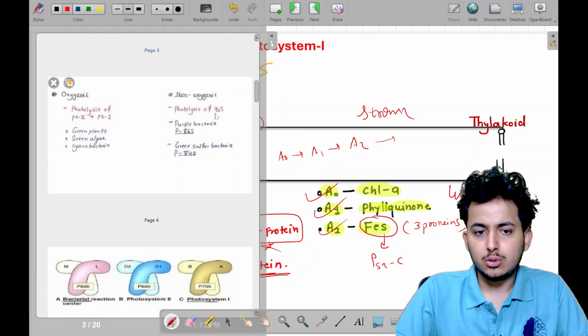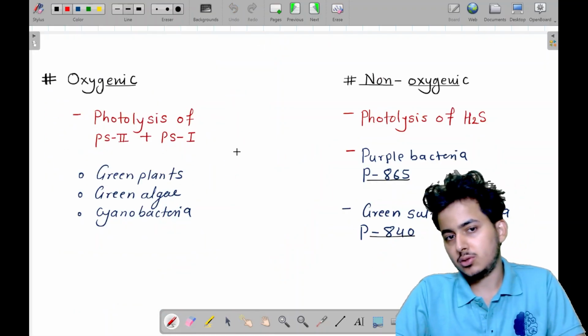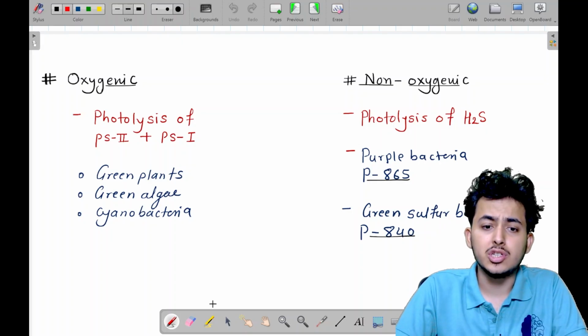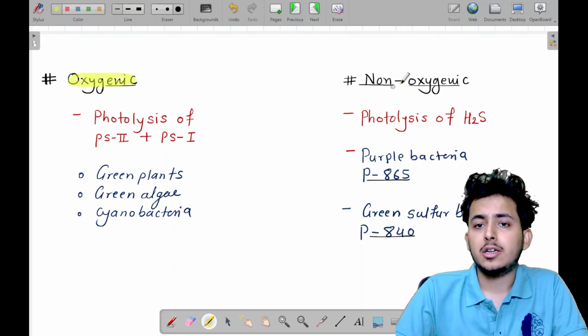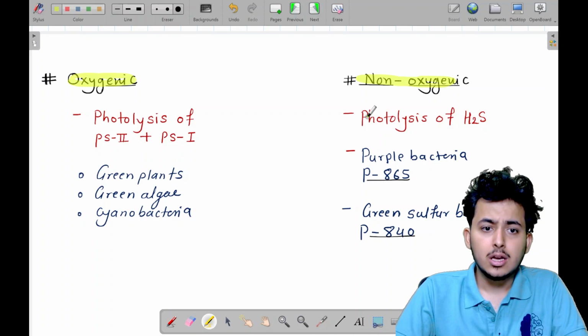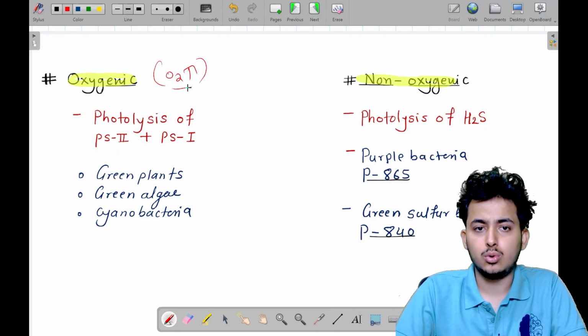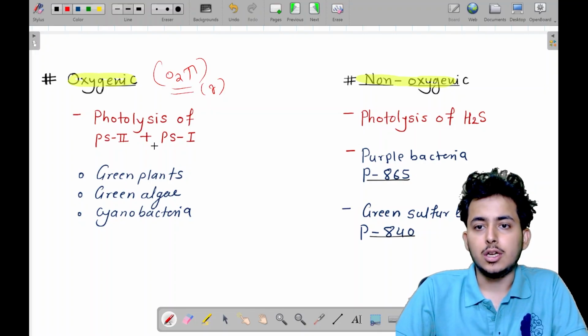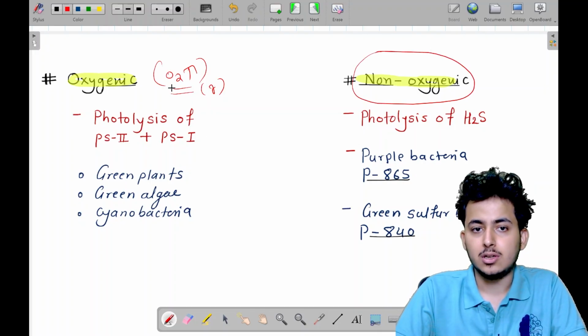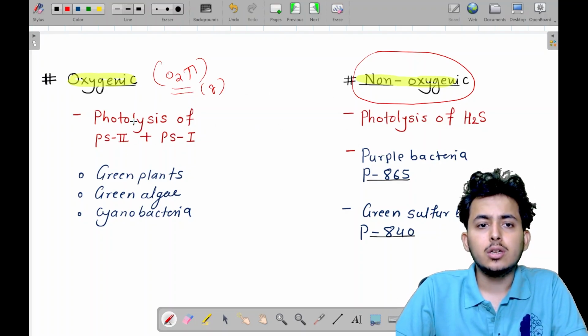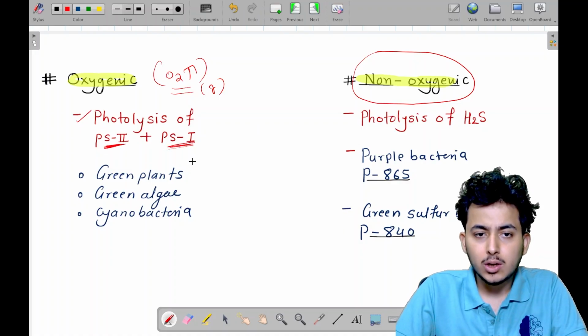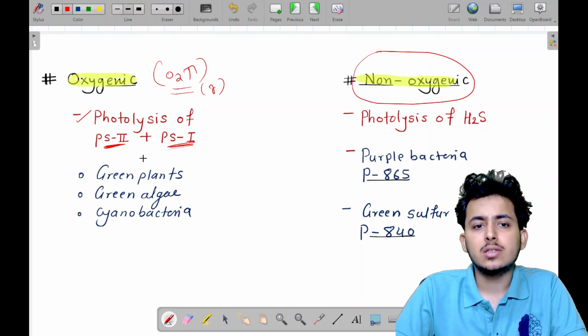So if we talk about photosynthesis, it can be oxygenic photosynthesis, and it can also be non-oxygenic photosynthesis. In case of oxygenic photosynthesis, there is an evolution, or formation, of O2 gas. But in case of non-oxygenic photosynthesis, oxygen is not produced but other compounds are produced. So in case of oxygenic, there is photolysis by PS2 as well as PS1, and mainly oxygenic photosynthesis